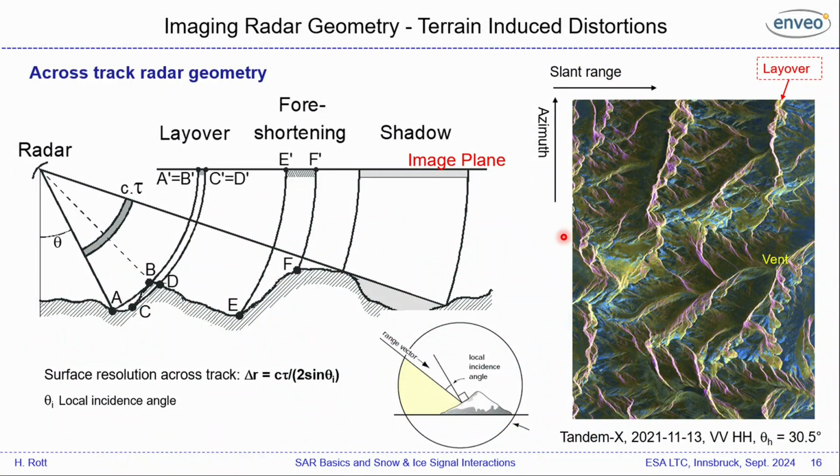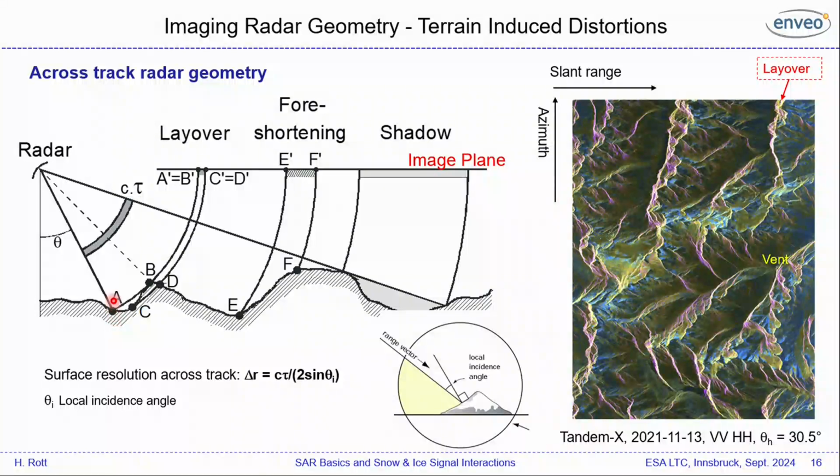Now, imaging radar geometry is particular. This graph shows the impact of, for example, radar shadow. It's clear. If the signal is hidden behind a mountain, you cannot see it. Then foreshortening: slopes facing the radar get compressed, and the resolution is smaller. The pixel size is larger in range. And if it's quite steep, or if you look down very close to the nadir, then you get into layover,